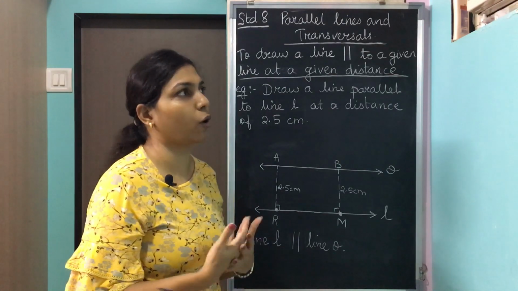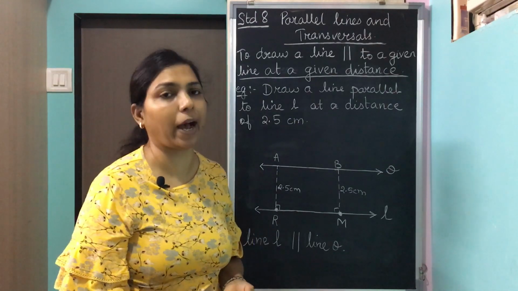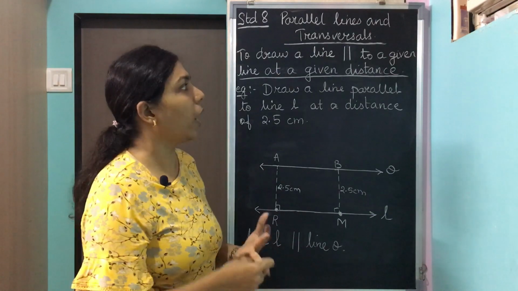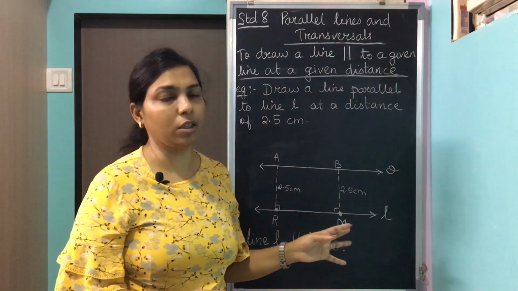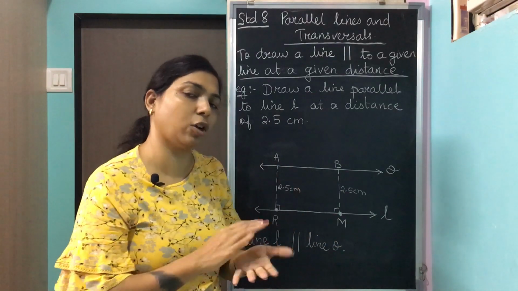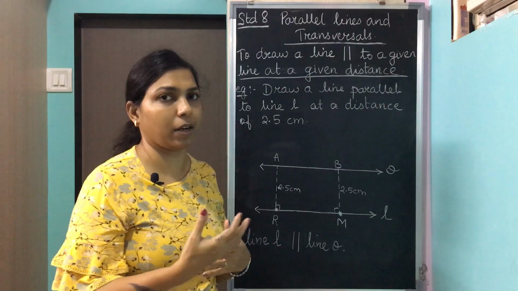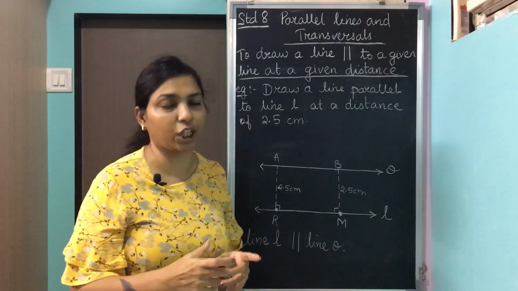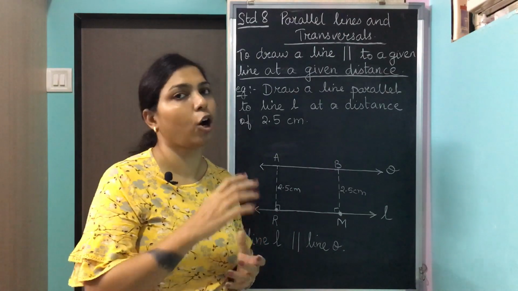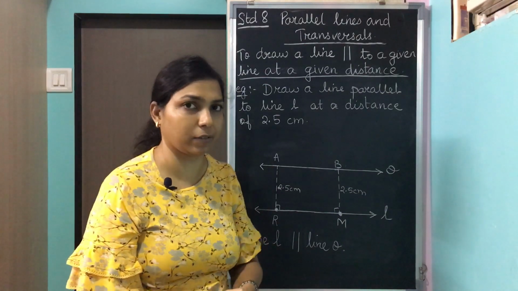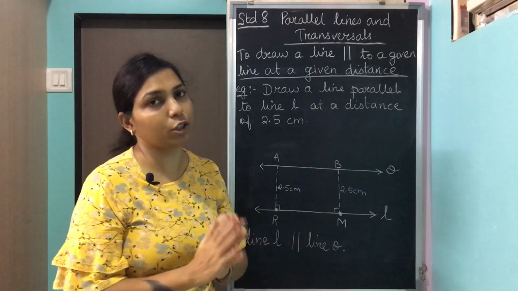And for your first unit test, you have your first chapter and the second chapter. If you are asked to do construction, you will have to do that construction on a piece of paper, and then you will have to take a picture of that particular construction and upload that picture on your exam test. I will be taking a practice of that in your next class. Okay. So there is nothing to worry about. You will be able to do it.